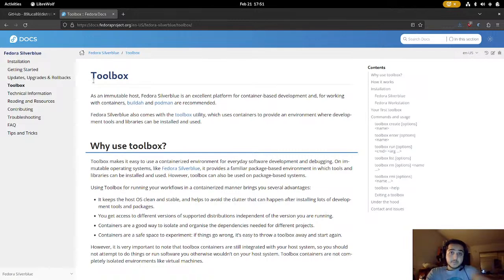So they made this tool called Toolbox, written in Go. Every time you run it, it makes a little mini container for you, and whatever changes you make are made inside the container. I.e., your system is fine. If your container breaks, your system is fine. The upside is that certain volumes are shared. So, like, to show you,